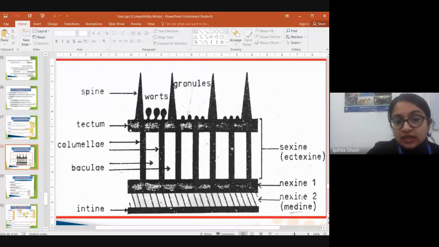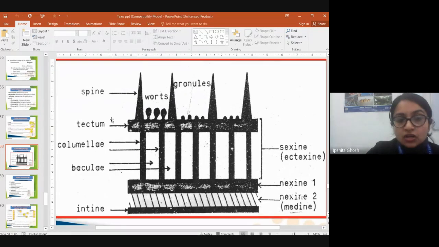Okay, so in this broad layer there are different parts. The first layer, starting from the bottom, is the vacuole. The vacuole layer is the region in between the columella. Columella are these column-like structures, as you can see in between. The columella and the vacuole, as well as the tectum, which is the outermost layer of this sexine or ectexine, these three, tectum, columella and vacuole, comprise the ectexine region of the pollen sporoderm.